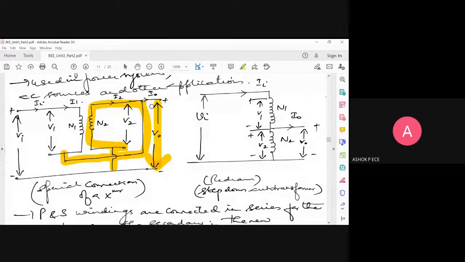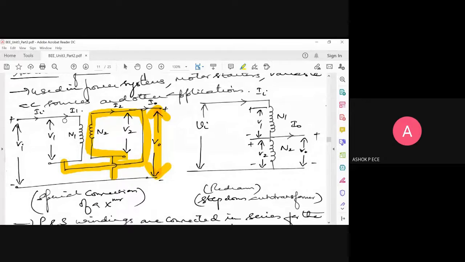So in normal transformers, primary will be on one side of the core, secondary will be on the other side of the core. But in auto transformer, primary and secondary will be connected back to back. So if I redraw this diagram, see here, first I will draw the primary. This is my primary. The end of primary is connected to secondary, and the other end of secondary is grounded. So you can see two windings connected back to back. This is going to work like an auto transformer.